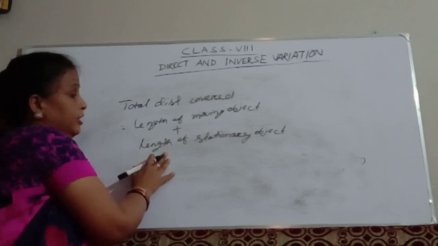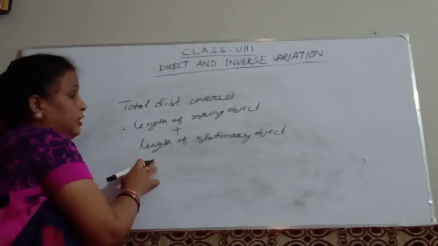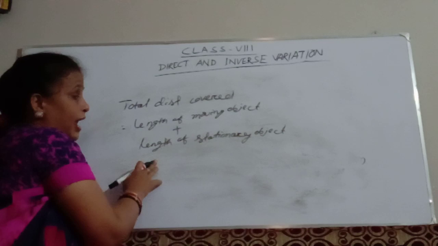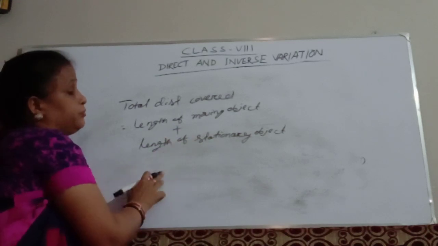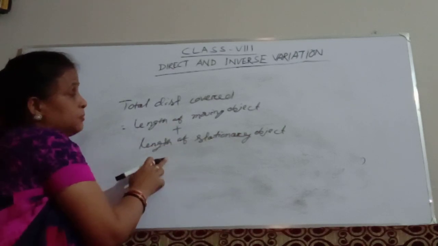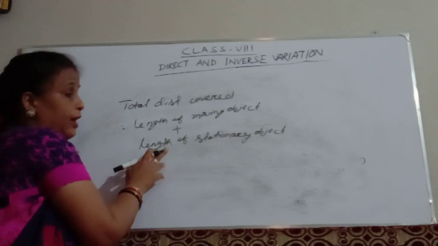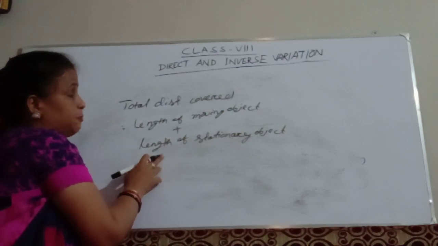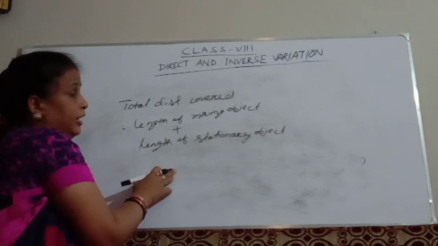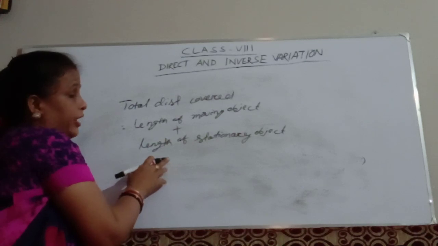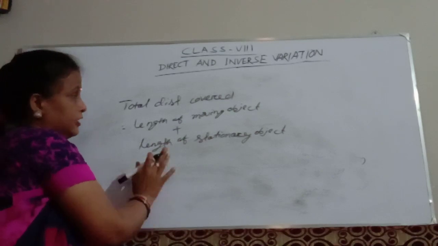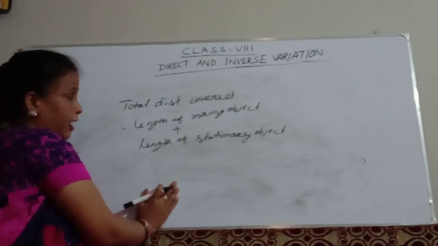Sometimes some questions have a man who is standing on the platform, and a train passes through, and only that man is given. You don't add the length of the stationary object in that case. Why am I telling like that? Because when a train passes through a tunnel, you have to add. But whenever a train passes a person who is standing on the platform, in that case only the train length you have to take to find the time taken. Does everybody understand this concept? So you have to try this.